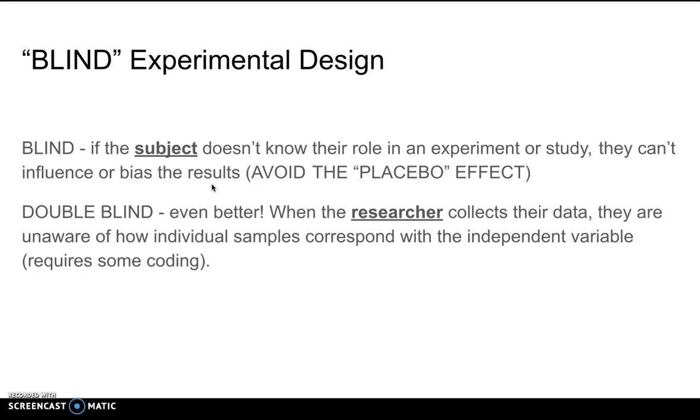When we do a double blind experimental design, the researcher themselves is in the blind. And so what that means is that when they collect the data, they are unaware of how the individual samples correspond with the independent variable. So they don't know which subject is receiving the placebo or which subject is receiving treatment A versus treatment B. They'll usually use some coding, some number-letter combination, and only after they've collected the data and analyzed the data will they then open the sealed envelope and expose what is really happening, and then they can draw their conclusions